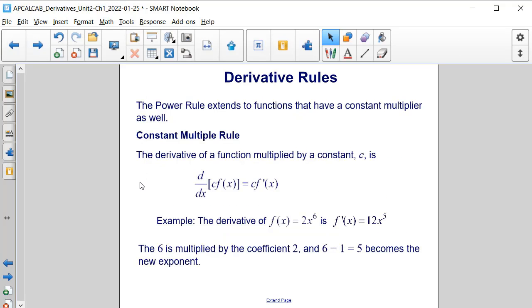The power rule extends to functions that have a constant multiplier as well, which brings us to the constant multiple rule. The derivative with respect to x of c times f of x will be equal to c times f prime of x. For example, we have f of x is equal to 2x to the 6th. Then f prime of x is equal to